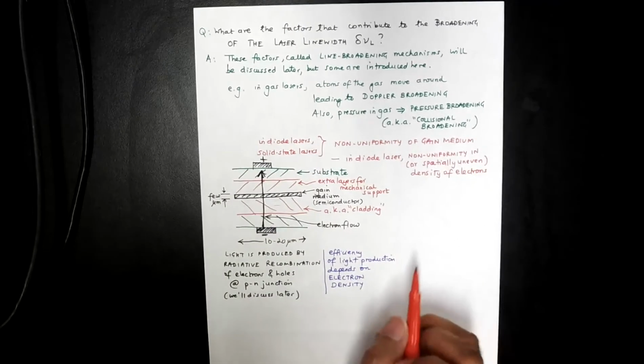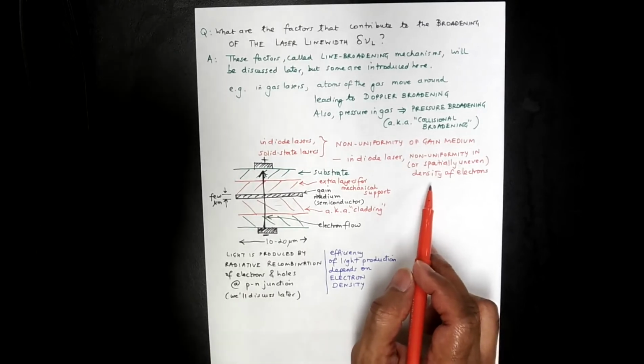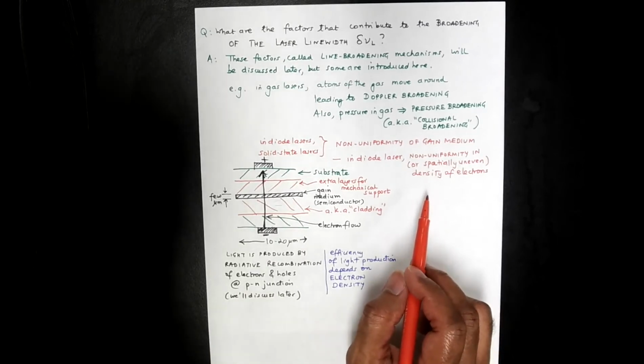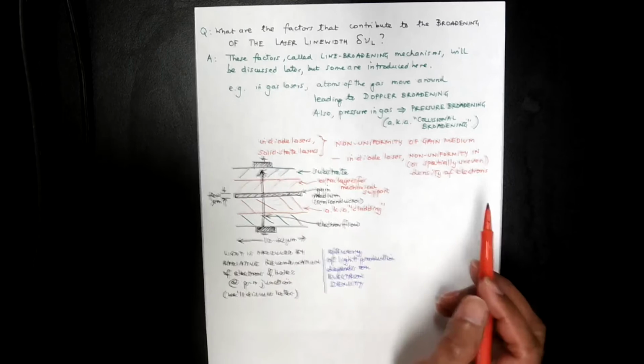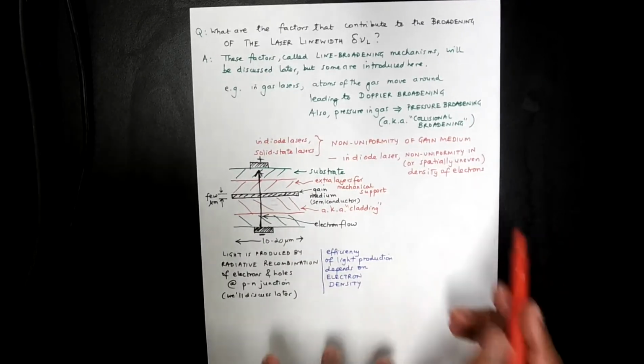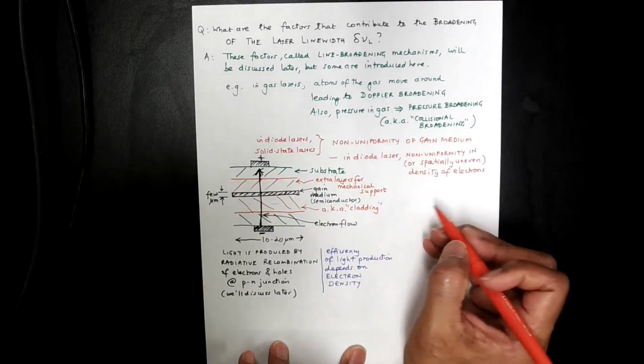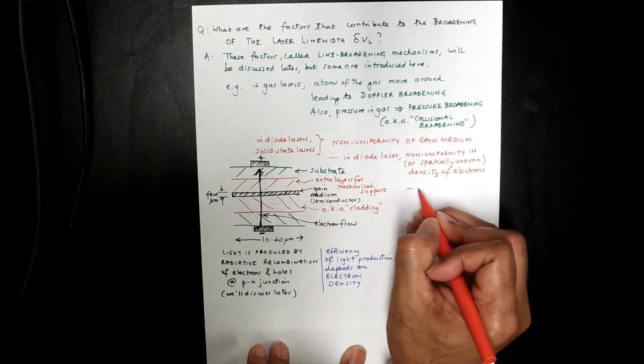Okay, and so that then contributes to a line width of the light coming out. Okay, so that's the case in the diode laser, and in a solid state laser,